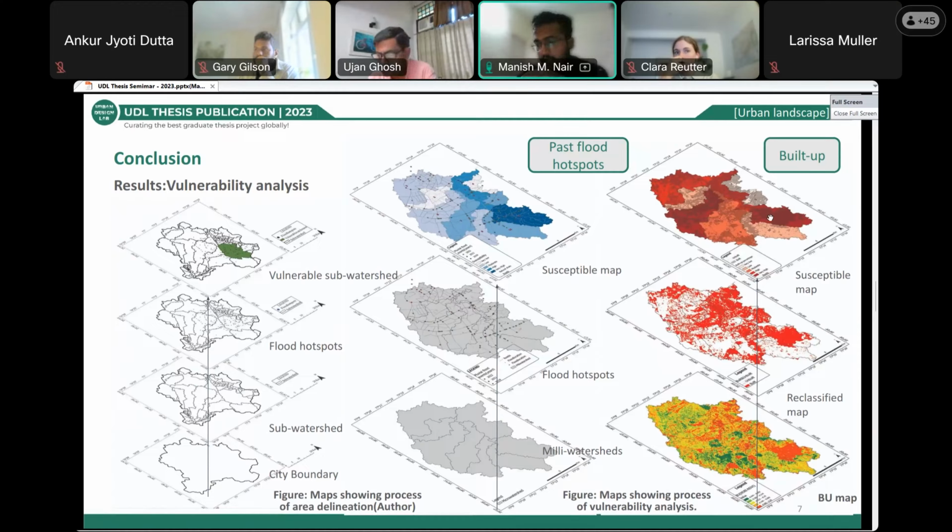Hence, this might also prove that build-up is one of the factors which increases the flooding and water stagnation incidences. Now, based on the previous results, the watershed falling in the very high risk category was selected as the local action area to integrate and show how urban NBS can be integrated. Now, this action area is approximately 18,000 hectares and is part of three major catchment systems of Delhi, that is